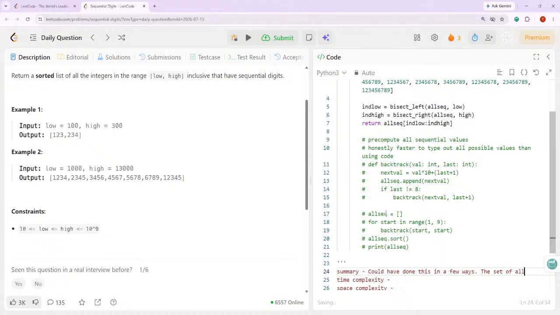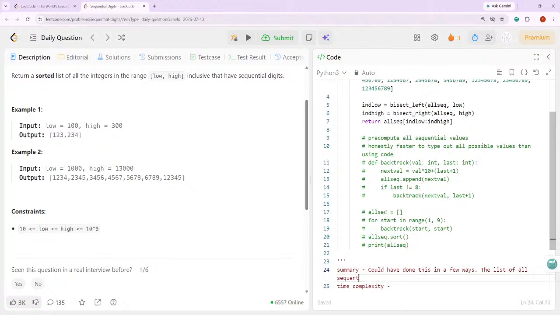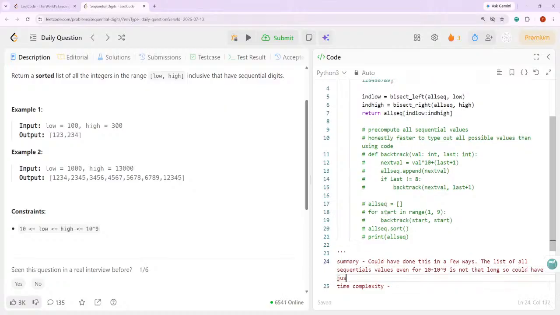The list of all sequential values, even for 10 to the ninth, is not that long. So I could have just typed it all out. But in the spirit of the problem,